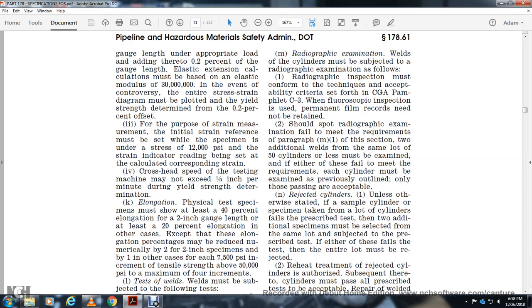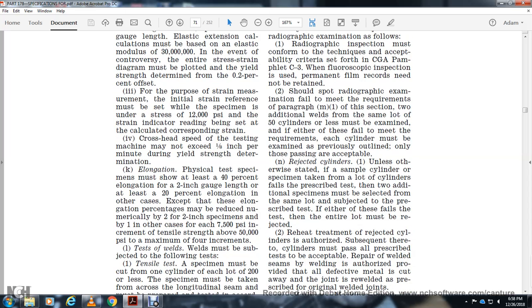Rejected cylinders. Unless otherwise stated, with the sample of the cylinder, the specimen taken from the lot, if the cylinder fails the prescribed test, 2 additional specimens must be selected from the same lot and subjected to the prescribed test. If either of these fails the test, the entire lot must be rejected. Reheat treatment of the rejected cylinder is authorized subsequent thereto, but the cylinder must pass the prescribed tests and be acceptable. To repair the weld seam,